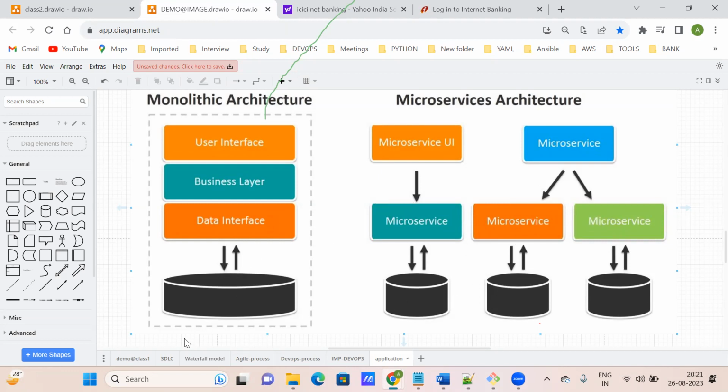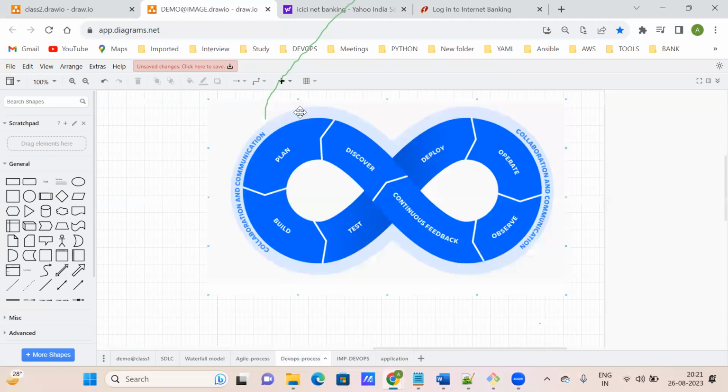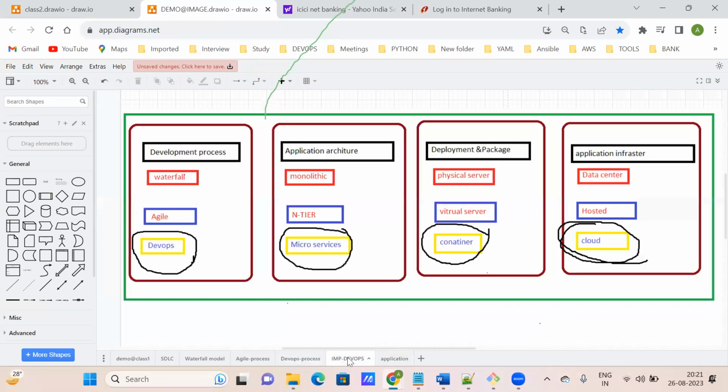Up to this, any doubt? Whatever we discussed: SDLC, waterfall model, agile process, DevOps process, and all these processes. Any doubt? Clear, everybody? At least say yes or no. Yes.